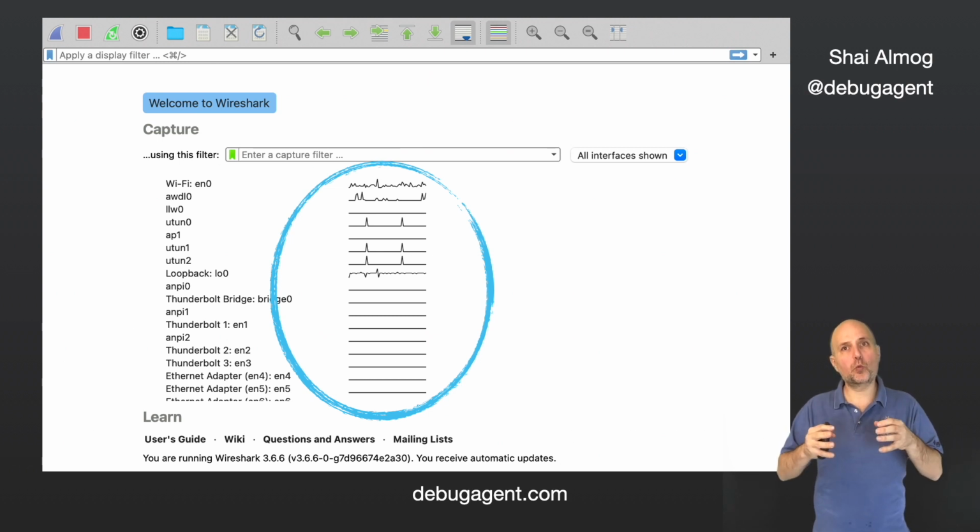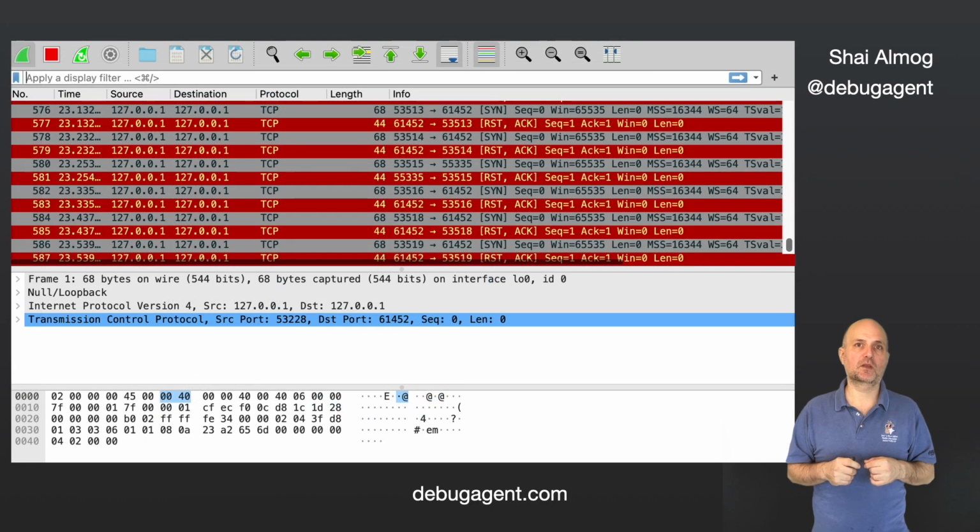But even when we pick the right interface, the challenges are still severe. Wireshark is a packet capture solution. It doesn't distinguish between apps. We get a lot of noise when connecting to an interface. Once we pick the loopback, we can see the full data. And as you can see, it's a constantly updating screen.